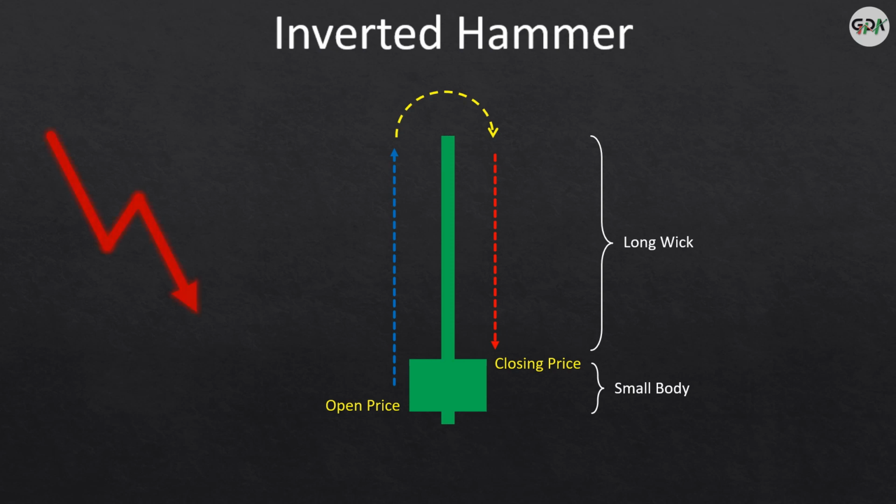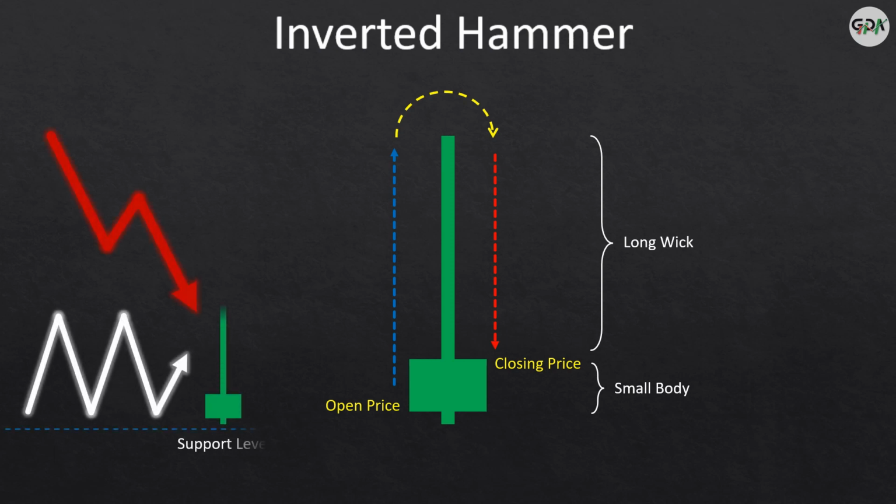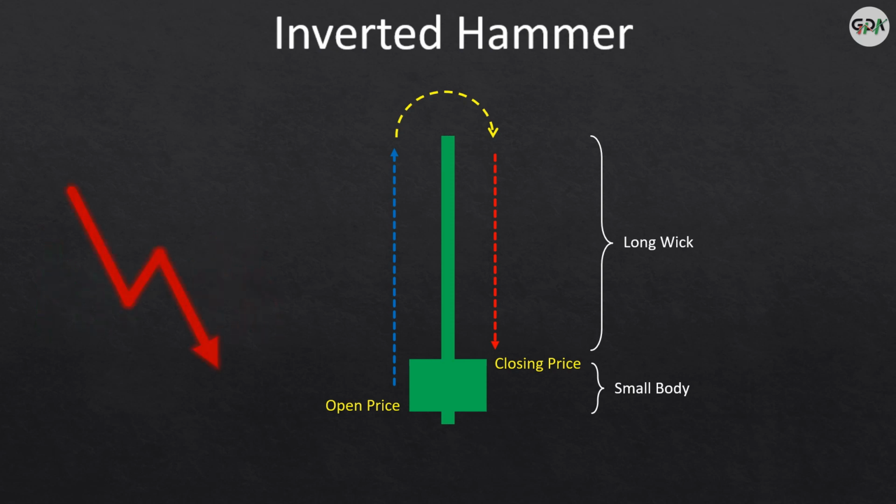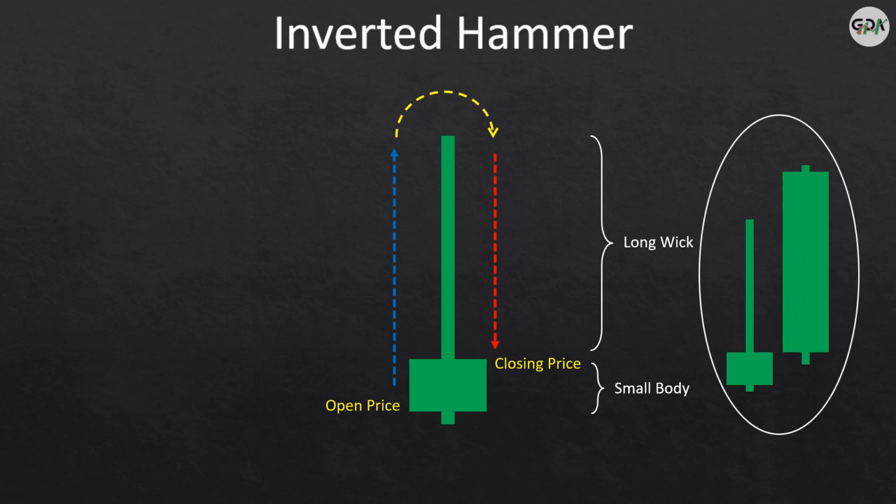Where the market is in a downtrend or sideways, an inverted hammer is formed at the support level. It means there was a fight between buyers and sellers, and the sellers have failed to bring the price down. The final result is that bulls have taken control over the market and maintained the price in the upside direction. Mere formation of an inverted hammer at the support level will not be considered a change of direction. The change of price is considered only when it is supported by the next bullish candle.